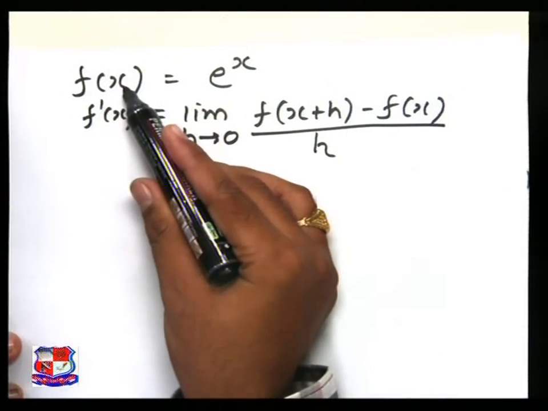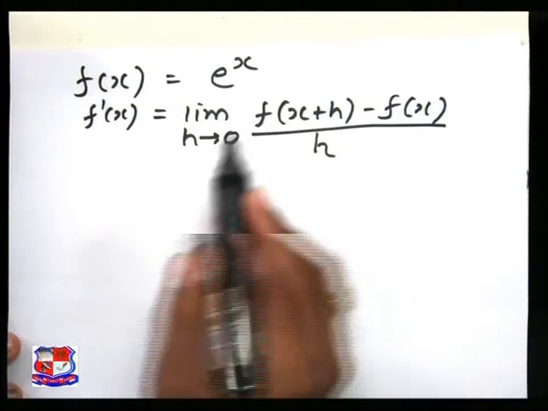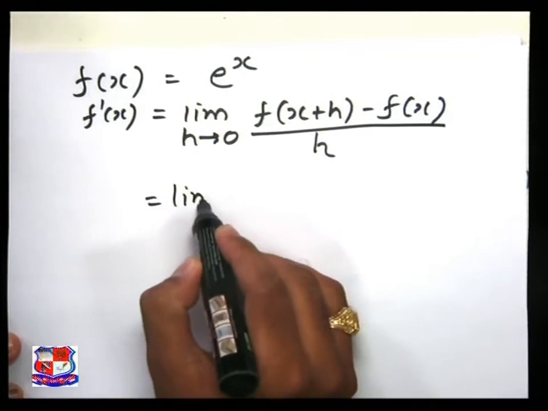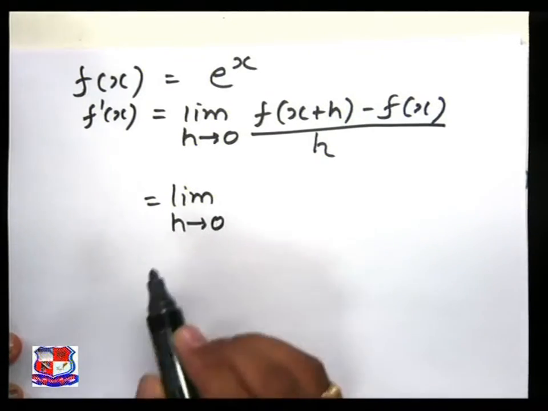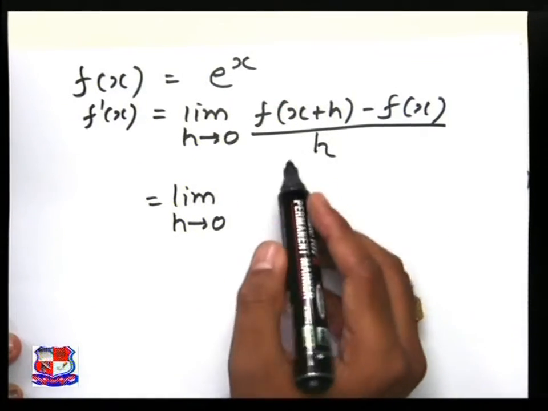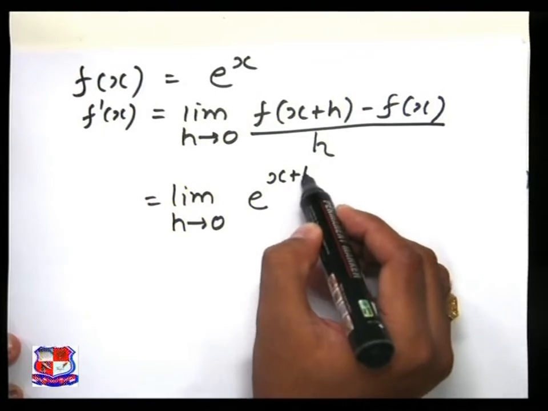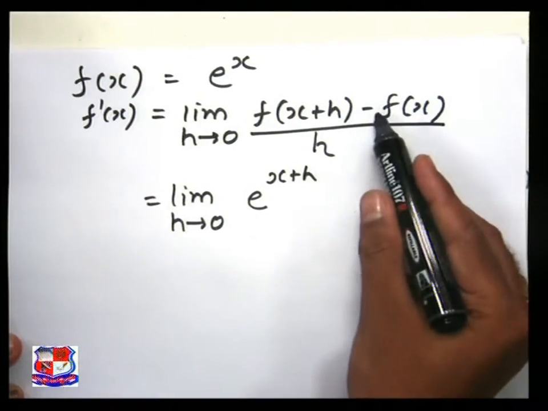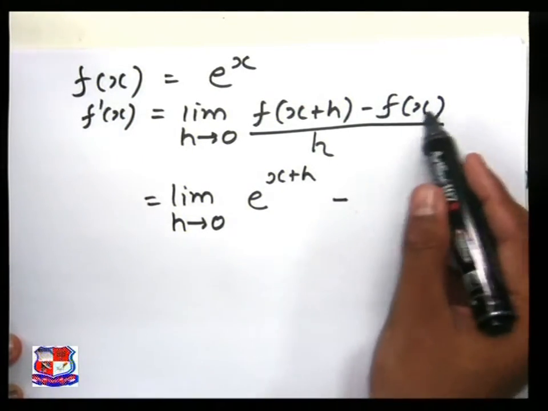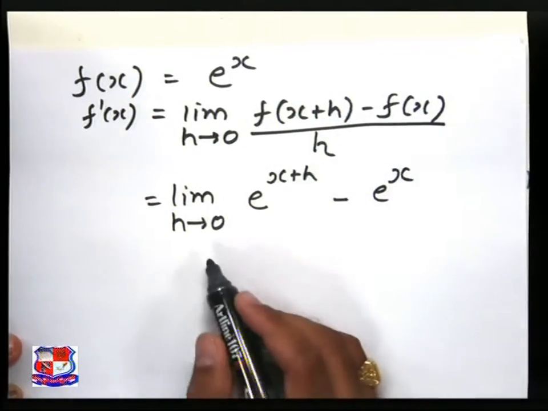Whenever we see x, we replace it with x plus h. So we can write it this way: limit h tends to 0, f of x plus h becomes e raised to x plus h, the minus sign as it is, and f of x is e raised to x,